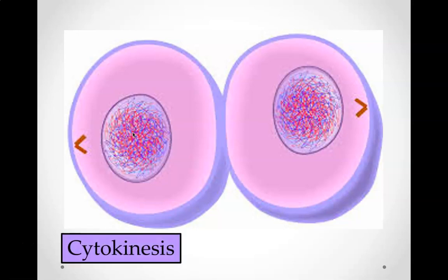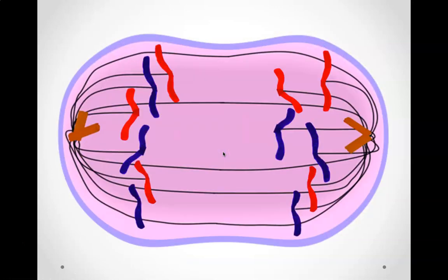This is cytokinesis. First of all, notice that we have two cells instead of one, so we know we're near the end of mitosis, and our DNA is back in spaghetti mode, and our centrioles are no longer producing spindle fibers. And the real defining thing of cytokinesis is that we've actually had a separation of the cytoplasm here. Next up,